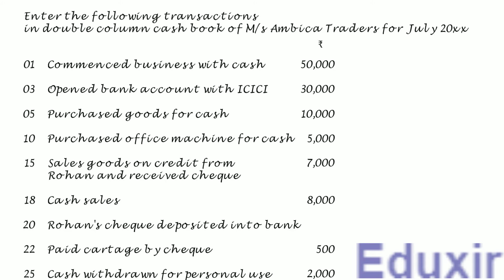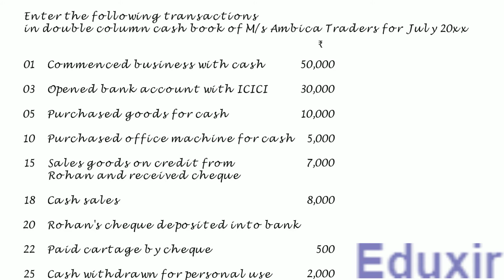In this case, we will limit our scope to just recording these transactions only in the bank column cash book. However, keep in mind that in real-time practice, the posting to the corresponding ledger accounts also happens simultaneously. Just to reiterate, though we do the analysis of the entries to be made into the cash book and other accounts, we will not handle the posting to other accounts in this problem, as we want to limit the scope of this problem to just recording the entries into the cash book. With this information at our disposal, let us proceed with the analysis of these transactions one by one.